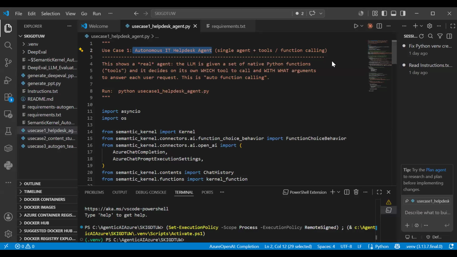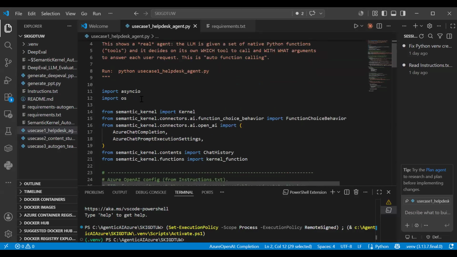Now, async and OS are important here. We require this async module because if you want your agents to work in parallel, you need async. Otherwise, we can use it synchronously, where one agent works, then the other agent works.